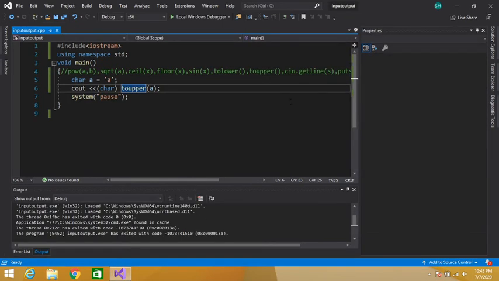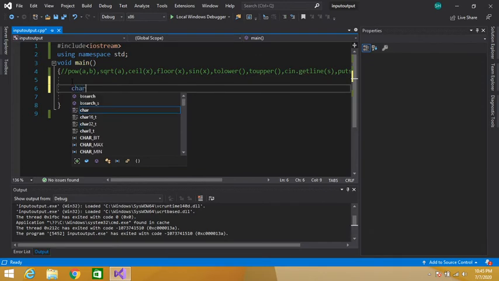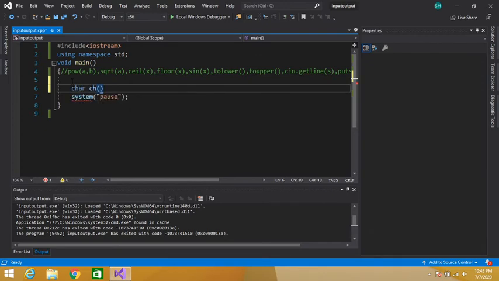Now cin.getline is used to input a string. So let's declare an array of characters, let's say 50 characters.